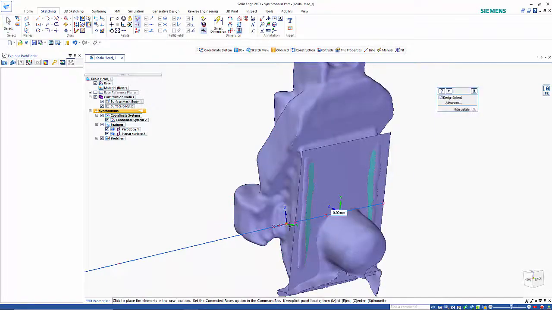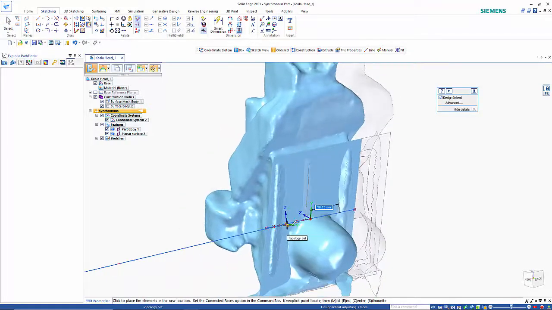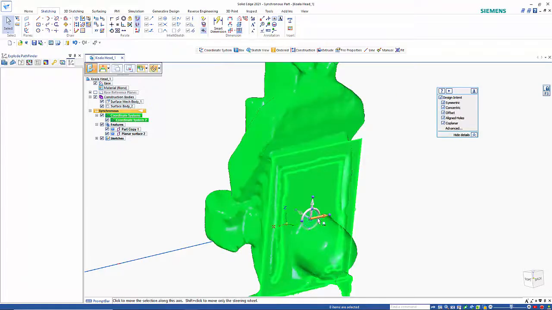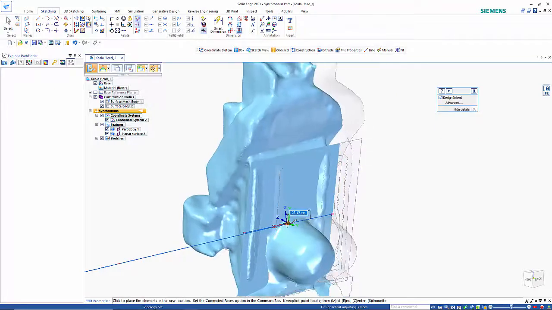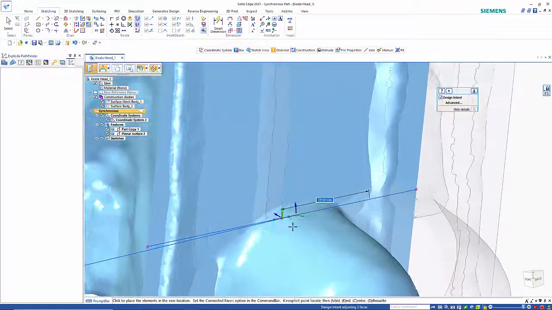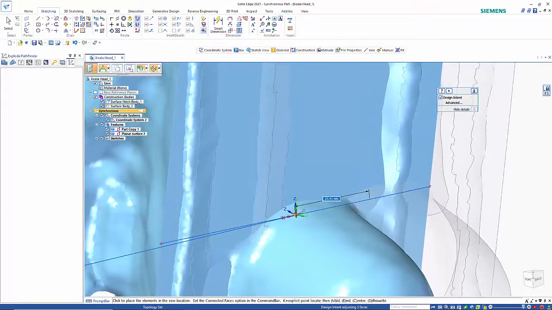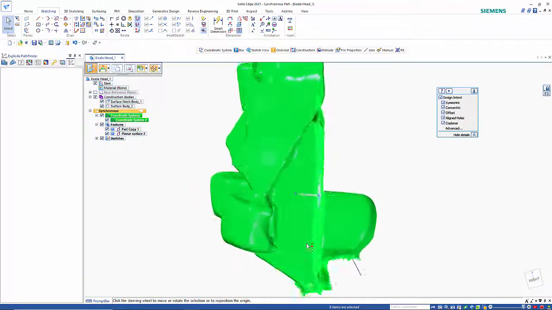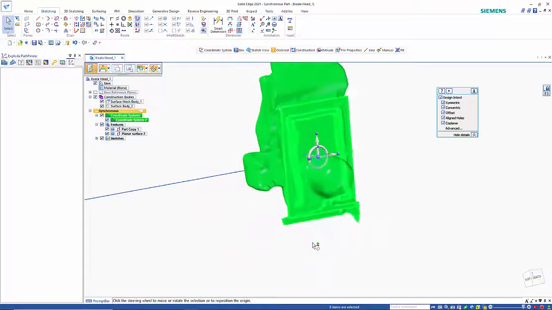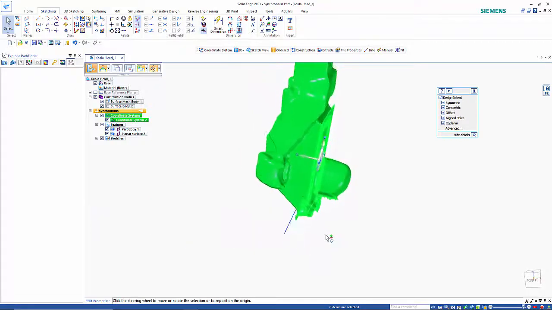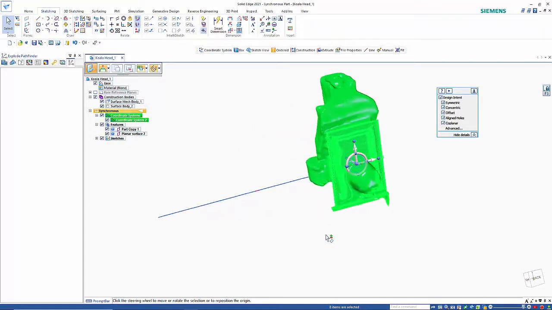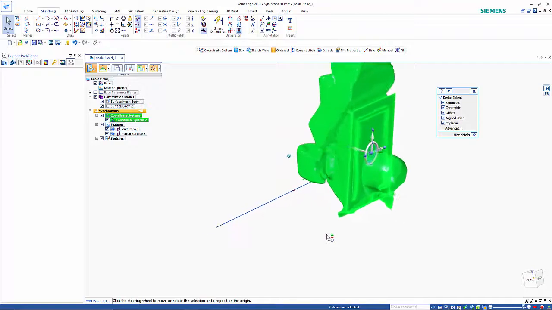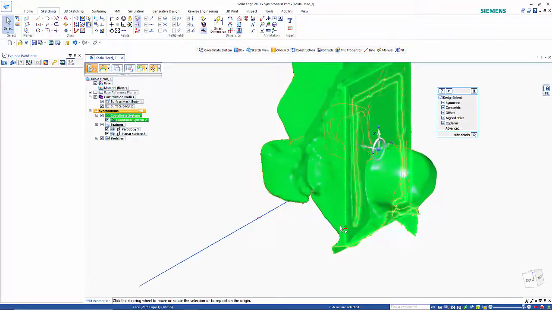And then if we bring it out this way, making sure we pick up on the right thing. So we've now got it aligned over the top of the main coordinate system. So if we hold the shift key down and click